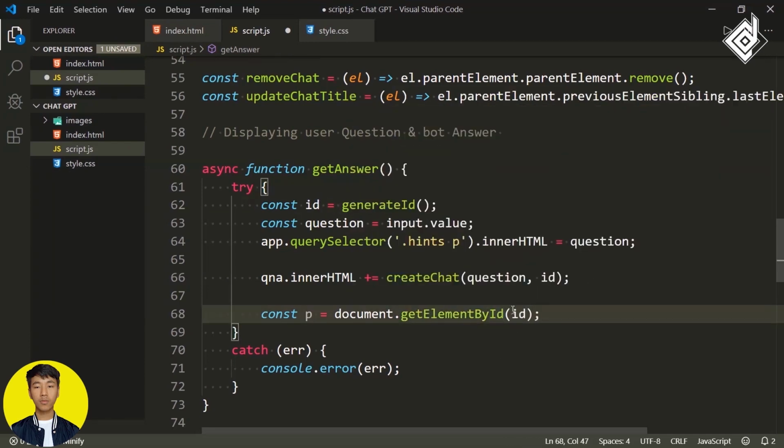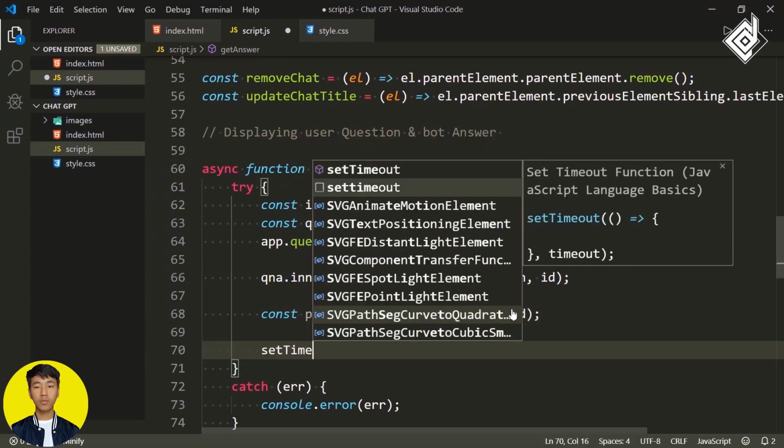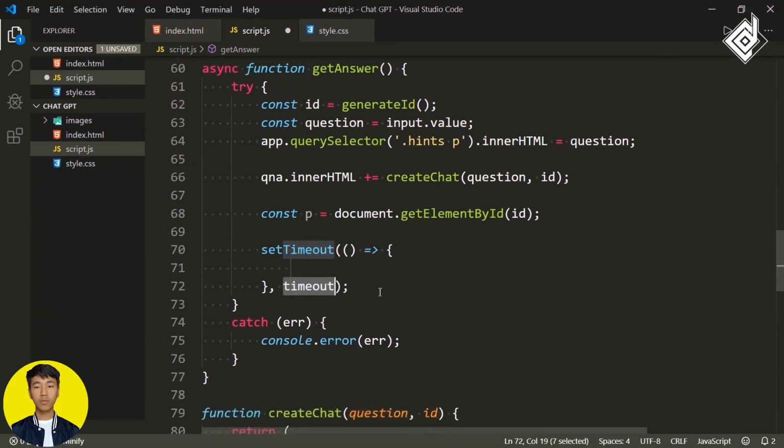So this code is just for demo purpose. Later on, we'll remove this setTimeout function. So with the help of this, I'm trying to do something like, when you are giving any specific question, after 2 seconds, I want to give the answer. So for that, for the second parameter, you can give the timeout. For that, I'm giving 2000, that represents 2 seconds. And within that callback, you can write something like